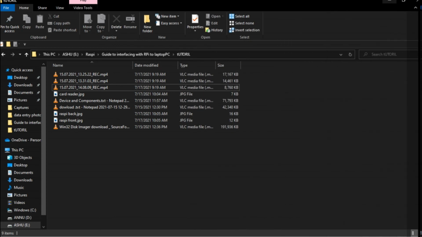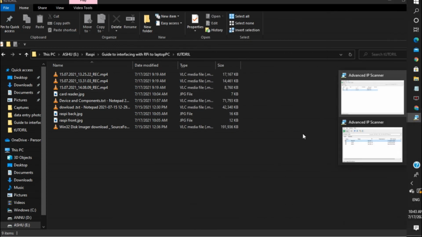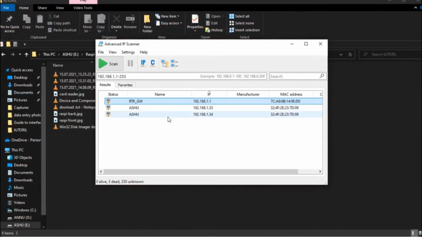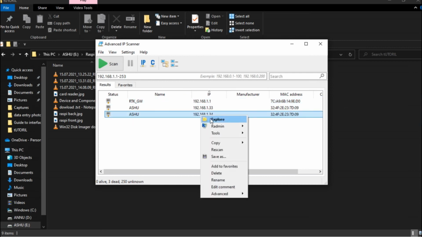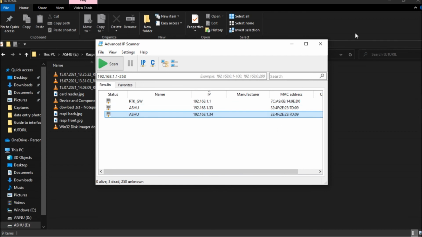The next step: first you need to copy that IP address if you find the Raspberry Pi Foundation entry here. If Raspberry Pi Foundation is here, then you just right click and copy the IP. It is the same as here. My IP is different. So after that, open